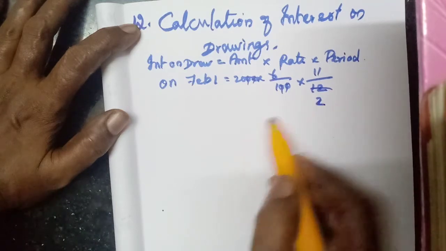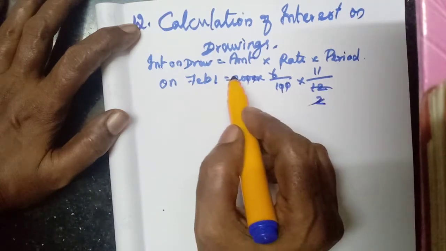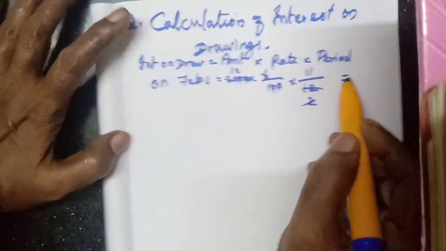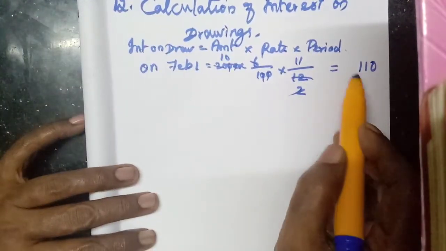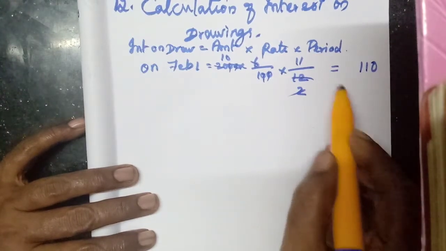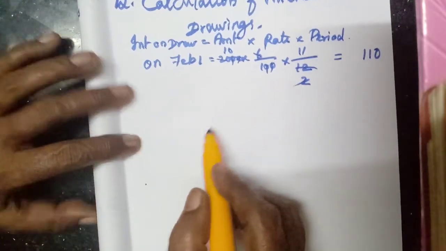2062, then again 2, here 10 into 11, 110. Okay, we have to add everything, so you write in the same, the last amount column you can write. Okay, then on